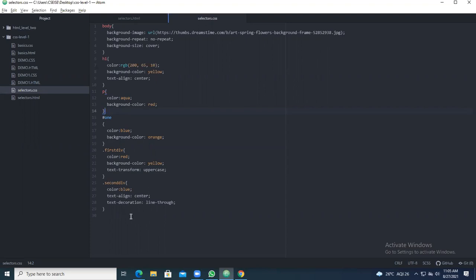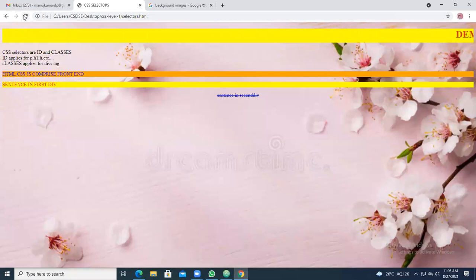So if you take p tag, let's see what happens. You are getting the p tag settings applied, but not the settings of first division and second division. Background color, everything will come from the p tag only.